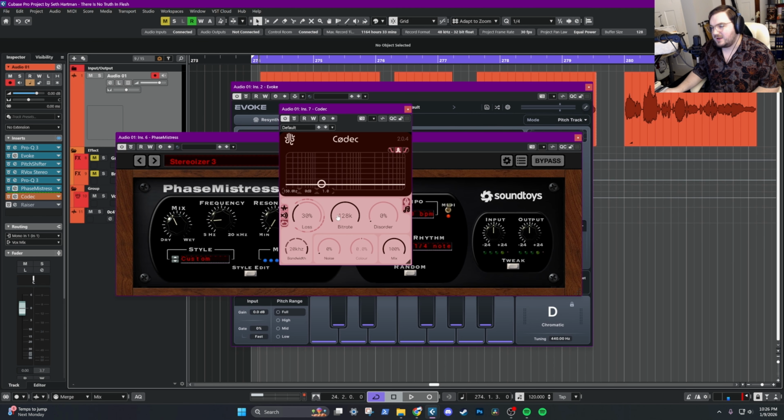Codec is free though. It's basically a bit crusher with extra steps. So in this case, I have it pretty much... I'm not trying to bit crush it, but it has cool glitchy dropout algorithms that just kind of randomly drop out the voice. So if I wanted to really dial in a performance and really dial in when the dropouts happened, I'd have to do it manually. This just kind of runs, so every time that plays, it's different, it's random.